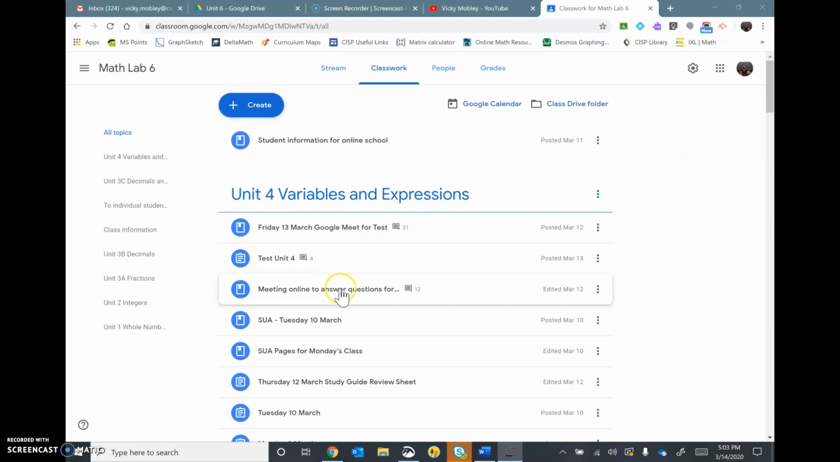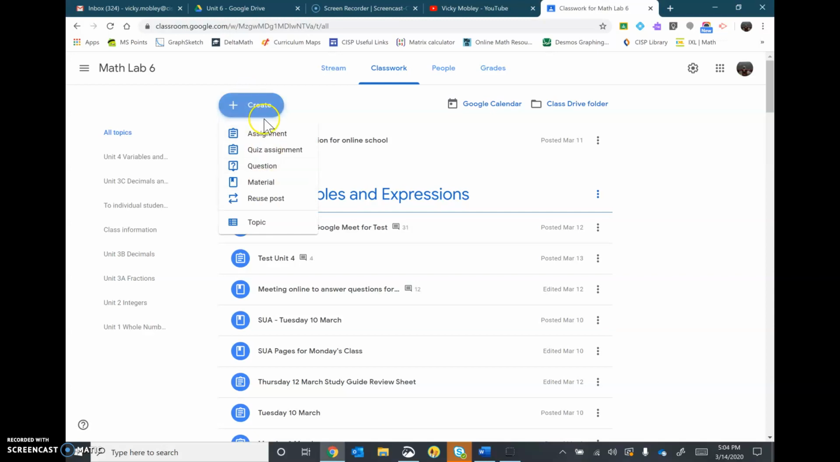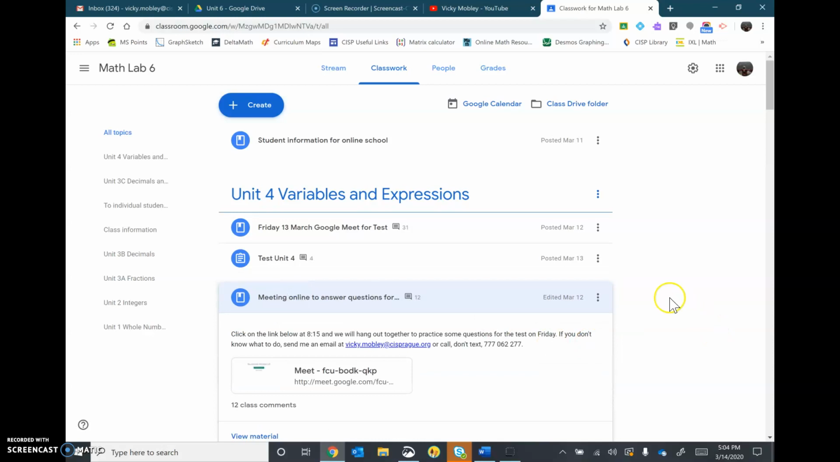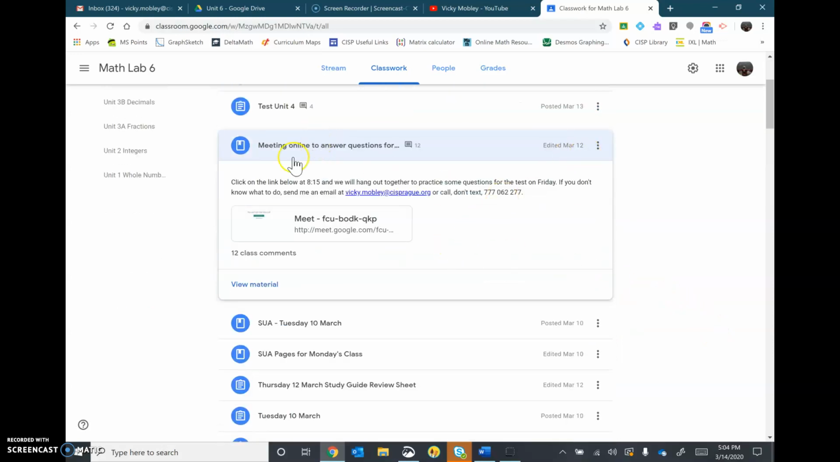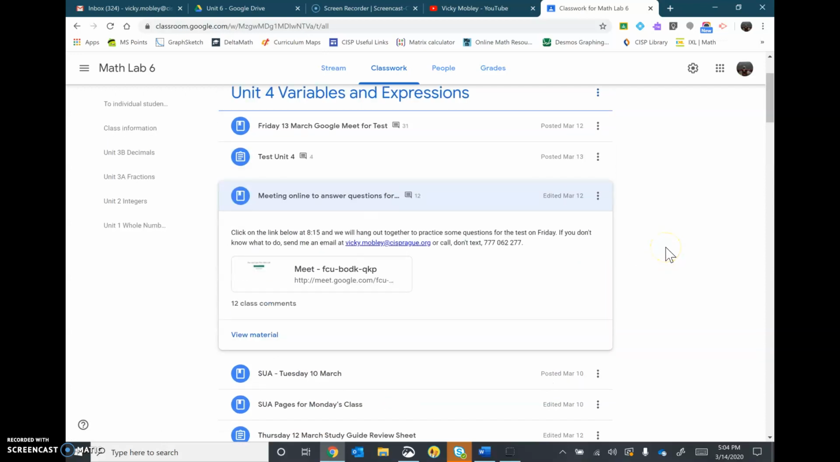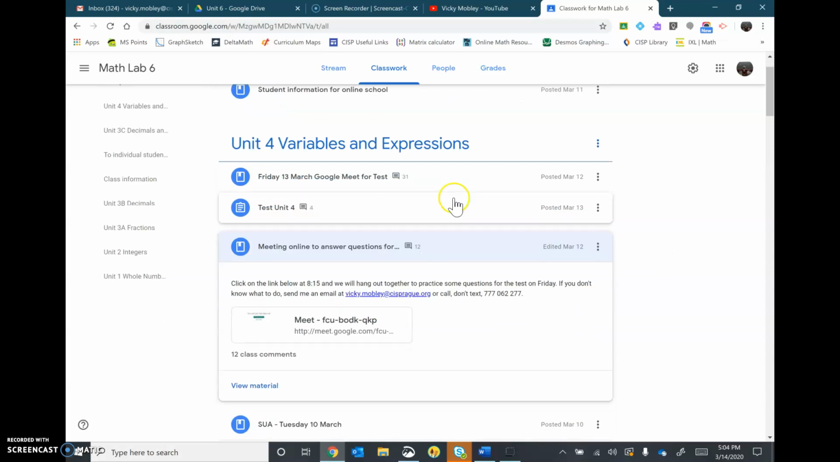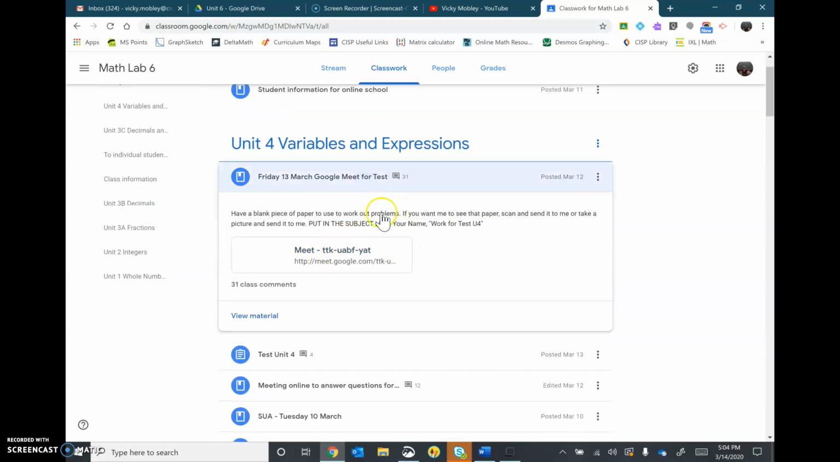Well, you'll see that first of all I created material here, and it's right here, meeting online to answer questions. And so what I did when I created that material is I also put the Meet right in there, because this is the first place the students are going to look. They don't really know sometimes to look on their Google Calendar unless they're the older kids. The younger kids don't really know where else to go. So I also did it here. I said this is where you need to go to get on for the test,